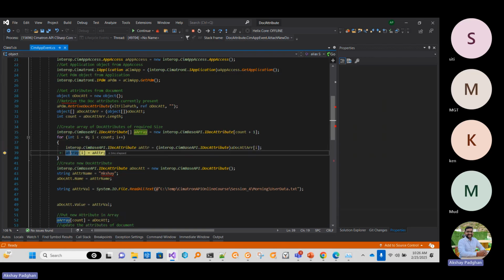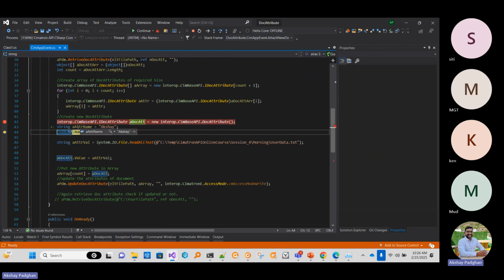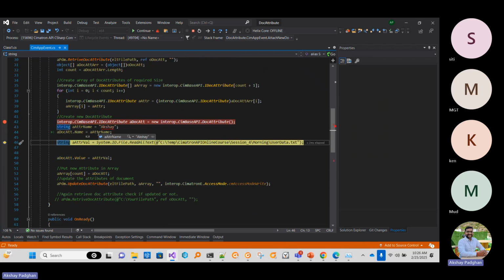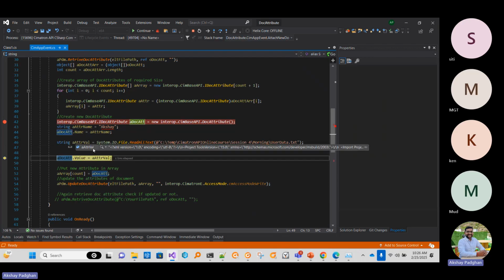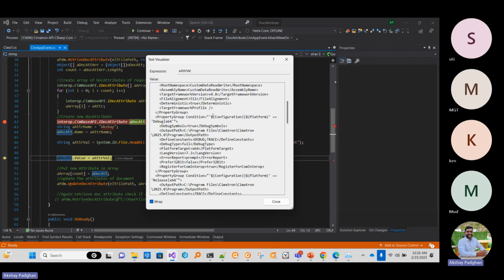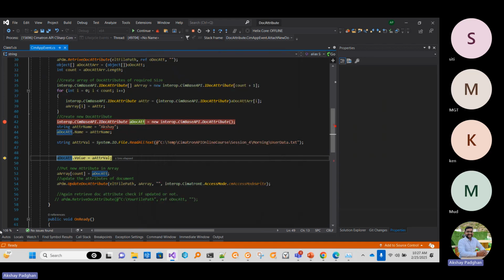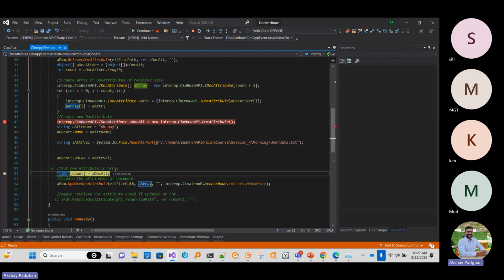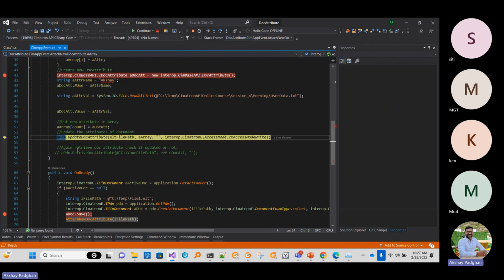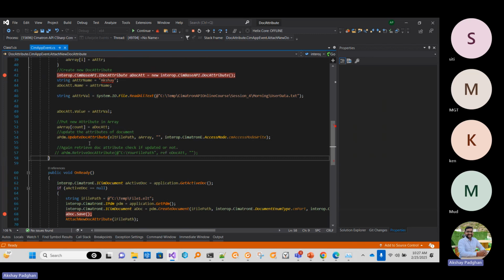Okay, so this is an array. We have created an array to hold all these attributes. We have increased the size by 1 because we are going to add our new attribute. Okay, so here it is. The new attribute is created. The name is Akshay. And okay, so we have read the file which we have given. I hope you can see this. Too much data. Okay, then we set this string value to the document attribute. Okay, and we are going to update the document attribute and then press